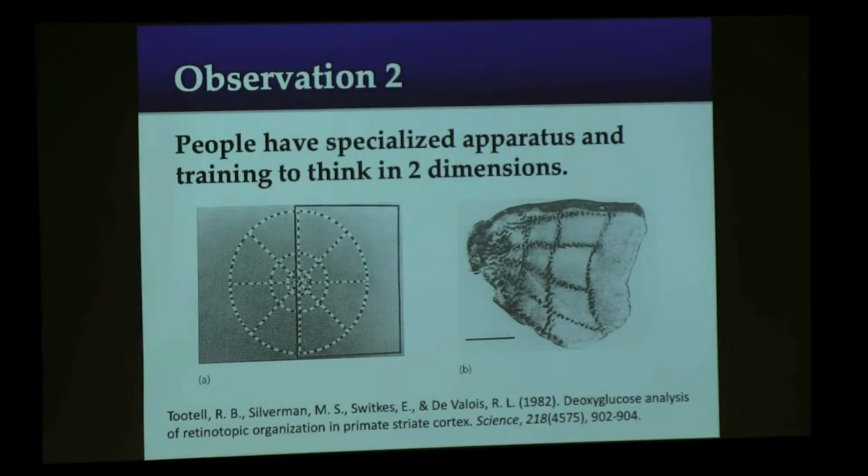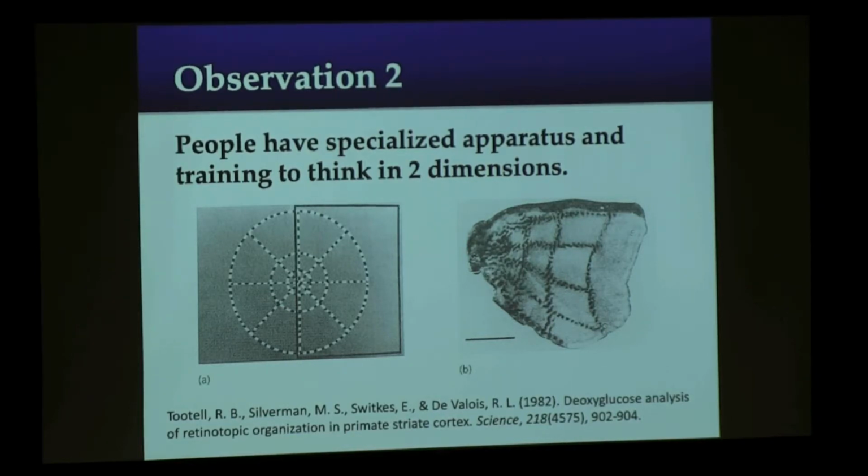Okay, the second observation I will talk about is that people have a lot of specialized mental machinery to think in 2 dimensions. In data science, a lot of our visualizations are 2-dimensional. Humans are very good at picking out patterns in 2D scatter plots. But of course, a challenge we're facing now is that we have a lot of data with a lot more than 2 dimensions. So we can see a pattern in 2 dimensions. What about 4 dimensions, or 8, or 20, or 100 dimensions? How can we look at that data with the same